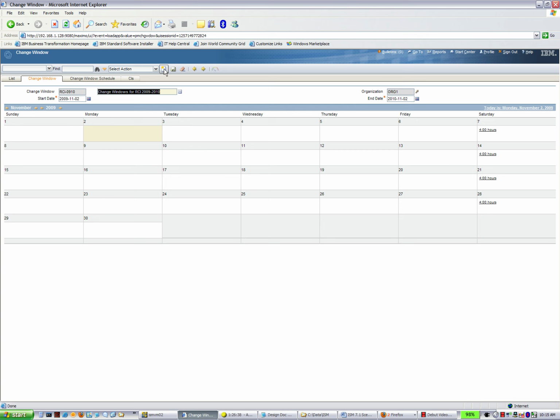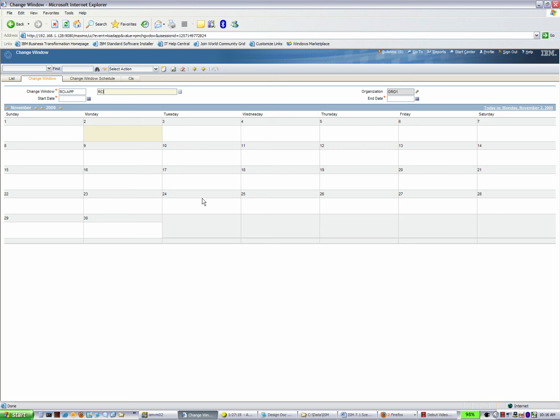What you will do is as simple as that. You click on this new change window, and now it will ask you to fill in all these fields, which is very easy. So for example, let's say we are adding this change window for Rogers Communications, and let's say this change window belongs to all the apps, and it will be for year 2009 to 2010. There's a character limitation, so you can just add RCI dash app,